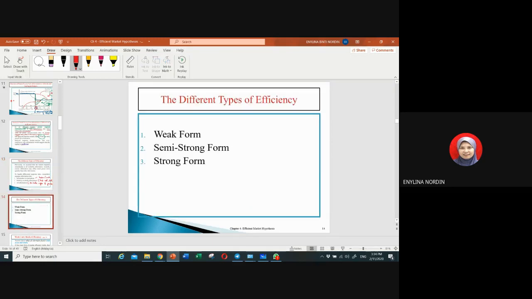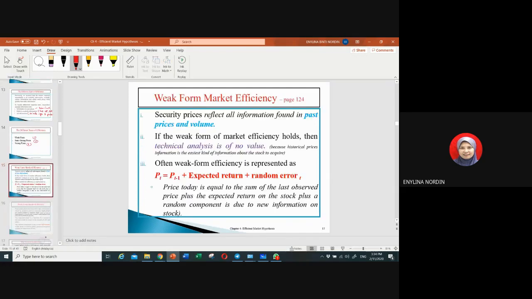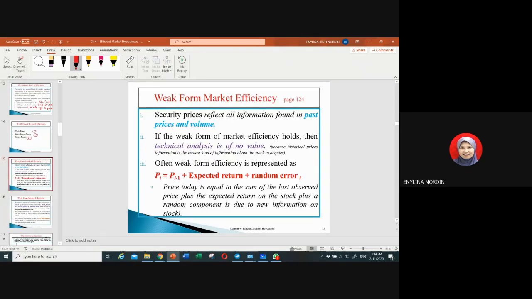Okay, now we go to this part. There are three different types of efficiency: a weak form, a semi-strong form, and a strong form. We go one by one. We go to weak form first, followed by semi-strong form, and then strong form. Now we want to see what the meaning of weak form is. Before that,